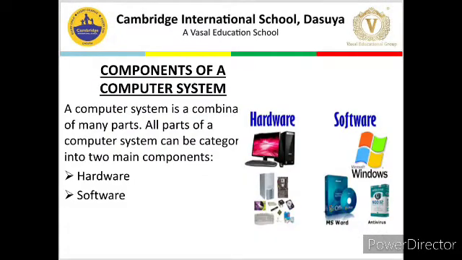Components of a computer system. A computer system is a combination of many parts. All parts of a computer system can be categorized into two main components, and the two main components are hardware and software. As the name suggests, hardware is the things which we can touch, and software is the environment by using which we can work upon the computer system. For the working of a computer system, we require both at the same time,